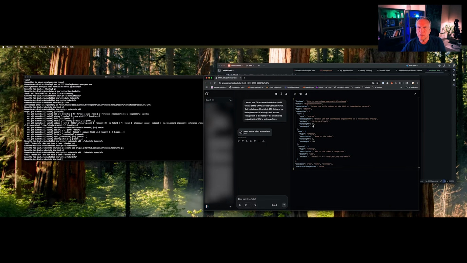Pattern's okay, so that's good. Name string, name of the token, URL. Oh yeah, it's got a pattern in there. Required, all three of those are required additional parameters. Okay, so this is kind of nice because now with this, and the reason I'm doing it this way is